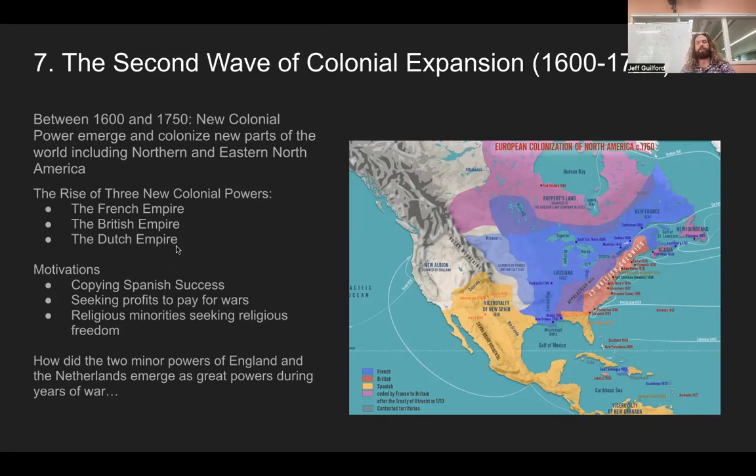Now, one big question is, it makes sense that France was able to do this because France was a big, powerful country. They were the new superpower. But one big question is, how were these little guys able to do this? How are the minor powers of Britain and the Dutch able to build these massive empires? And the answer to this question is